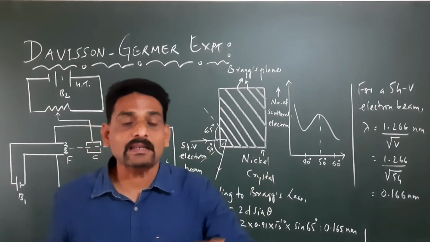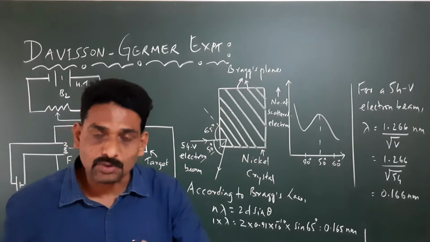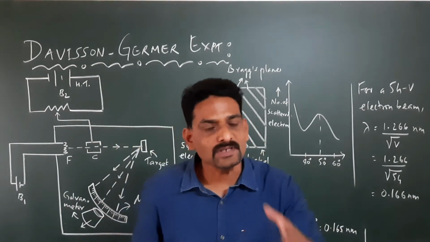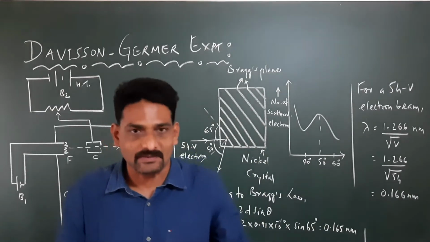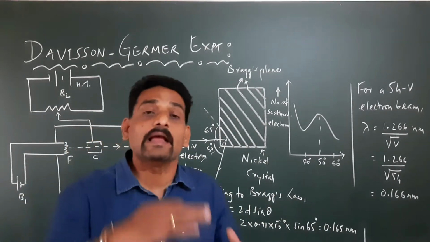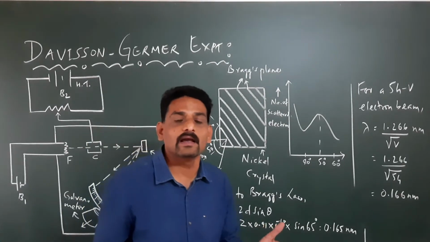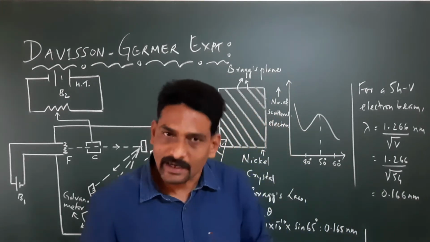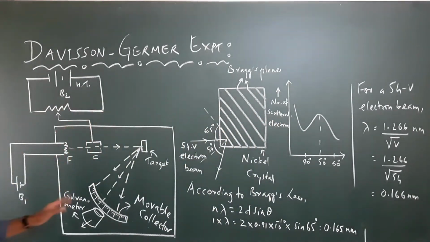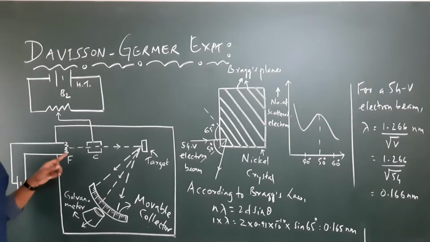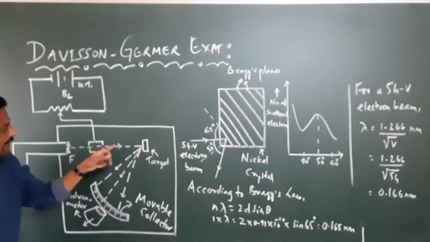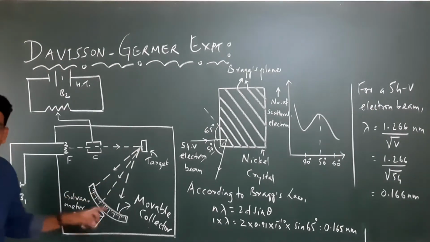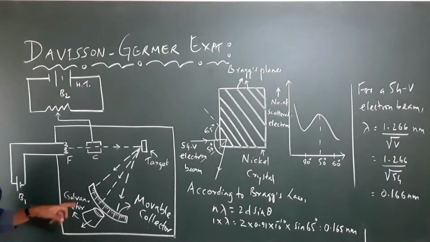While doing this experiment, accidentally they came upon a phenomenon that in turn became a proof for de Broglie's hypothesis. The aim was not to verify that, but by doing some experiment, accidentally they landed at a conclusion that became a proof for de Broglie's hypothesis. Now, let's try to understand what's happening here. The electrons are made into a fine beam, they fall on the crystal and are scattered, they are received in the collector, and the galvanometer shows a particular deflection.